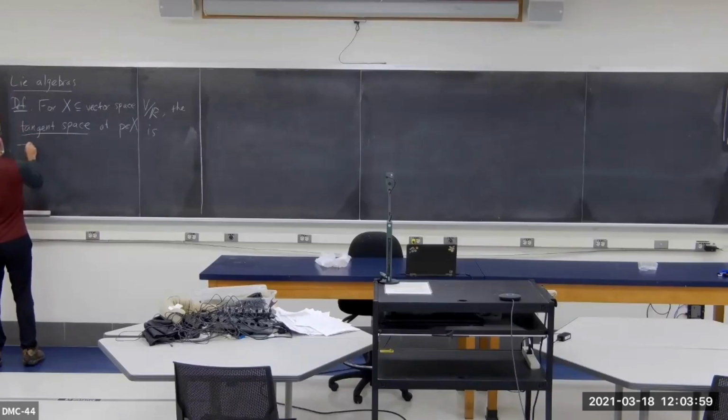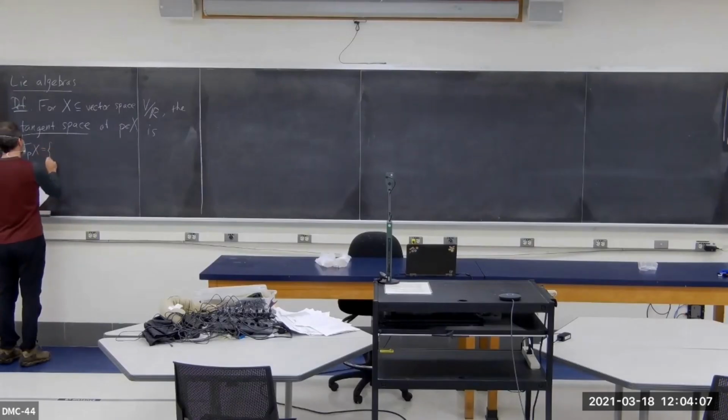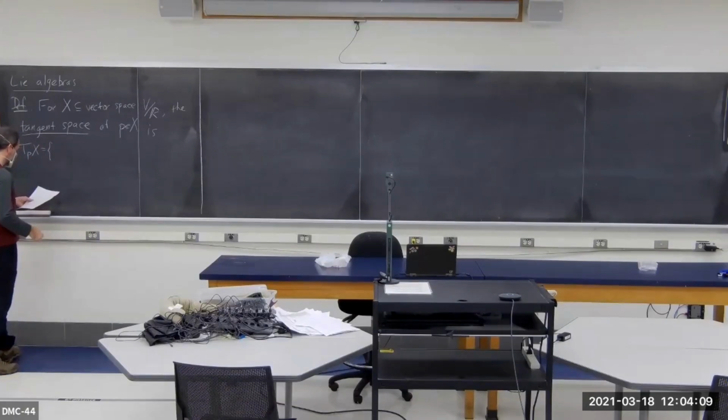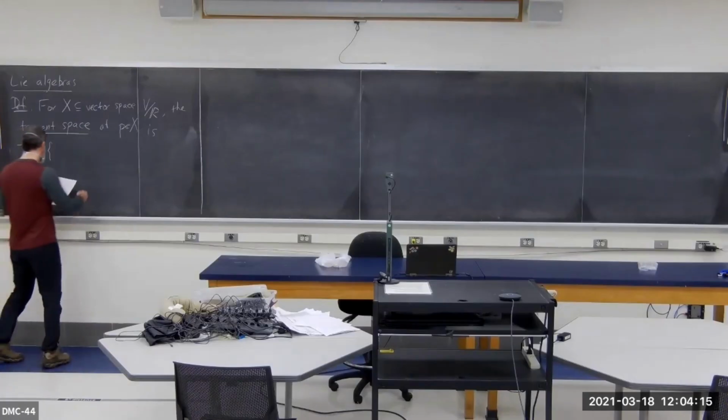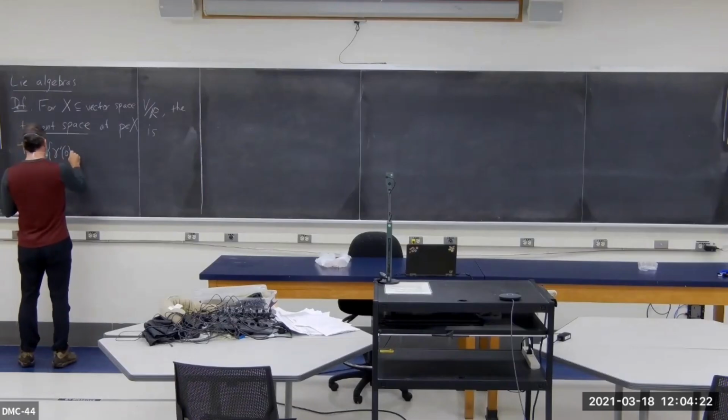It's going to be T sub P of X. So TPX, tangent space of X at P. And that's going to be the derivatives of, it's going to be the initial velocities of differentiable paths through P in X. So that's going to be gamma prime of 0 such that